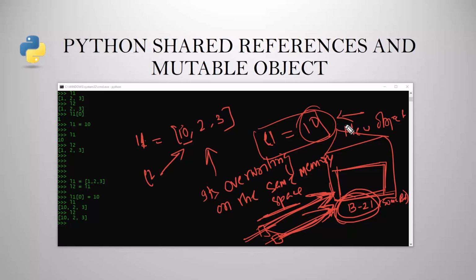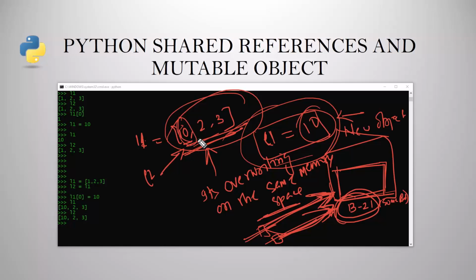The same concept we can apply here. The address remains the same, but the inside object is overwritten, meaning we have changed the value at the same address. This behavior only occurs for mutable objects that support in-place changes. This is the default behavior in Python. But in case you don't want this behavior, you can change Python to copy objects instead of making references.